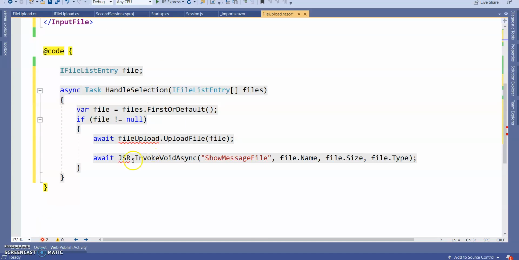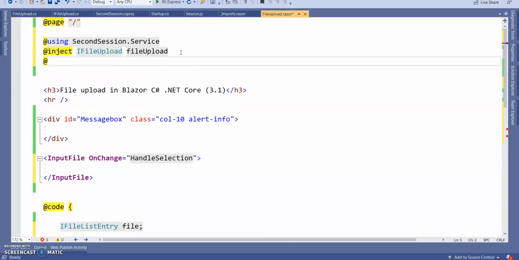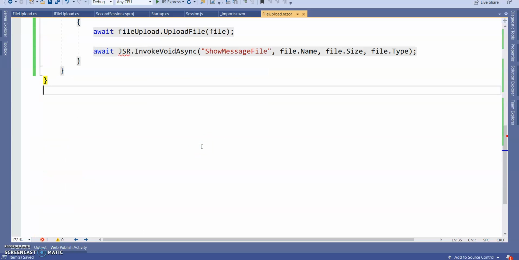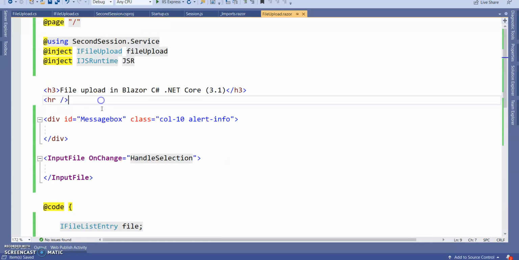Next, here I am calling a JavaScript, so I'm going to inject the JavaScript runtime. So you can see the error is also gone.